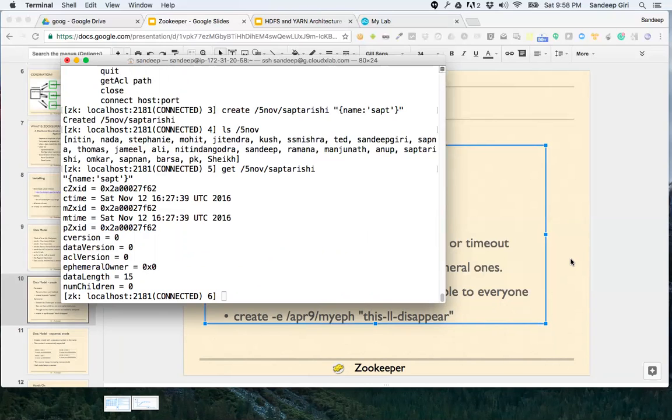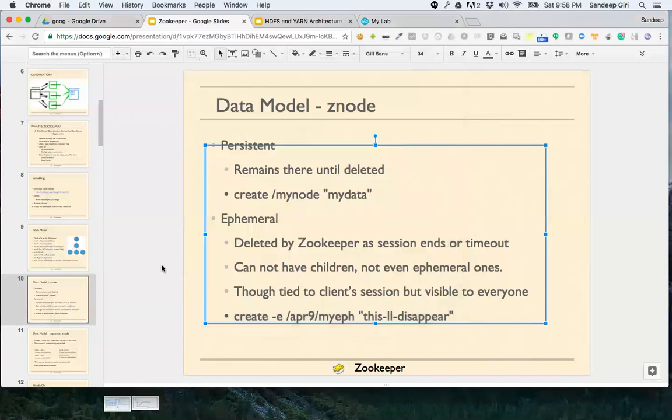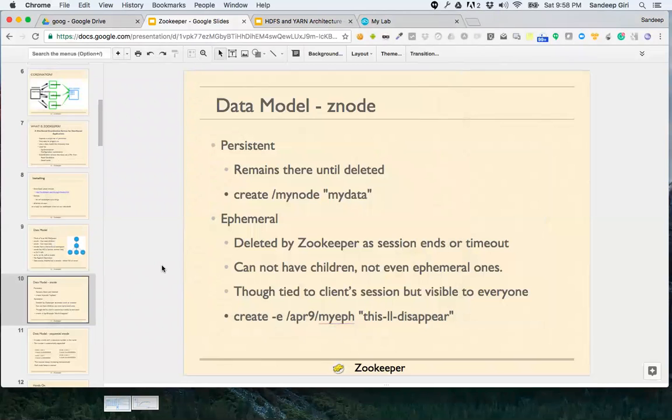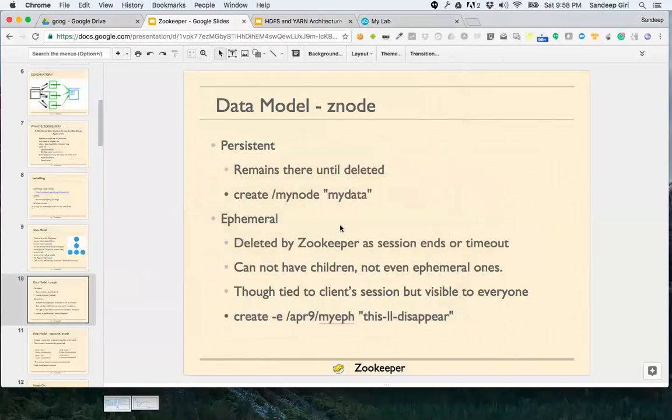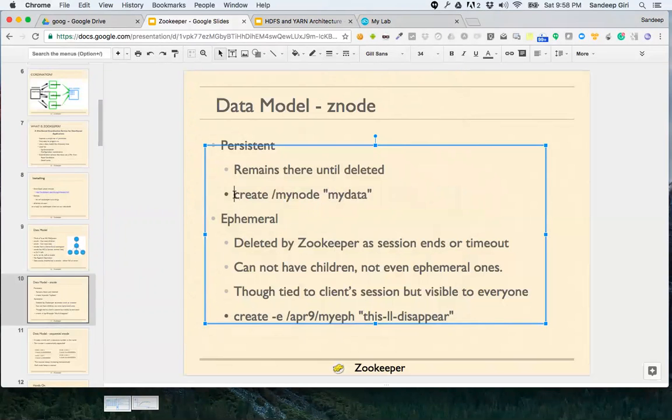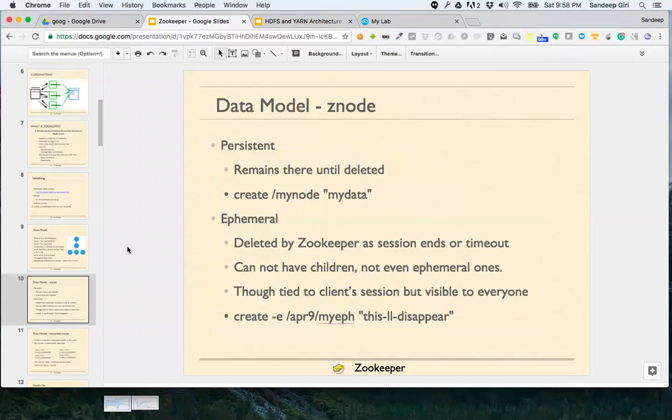All right. Now this is what we call the usual node, which is persistent, meaning even if we exit Zookeeper, it will remain there. So it's not a temporary node. If the Zookeeper restarts or these machines restart, this node will be there unless explicitly deleted. That's called a persistent node. Now, there's an idea called ephemeral node.